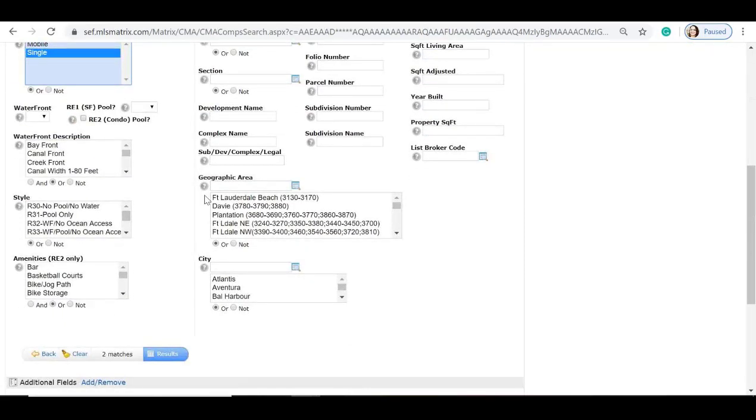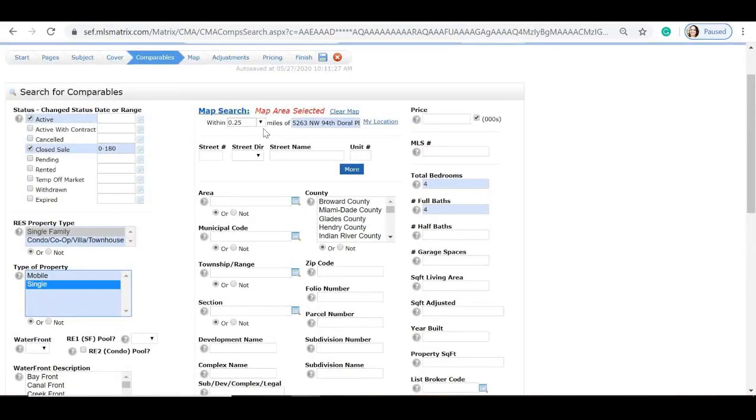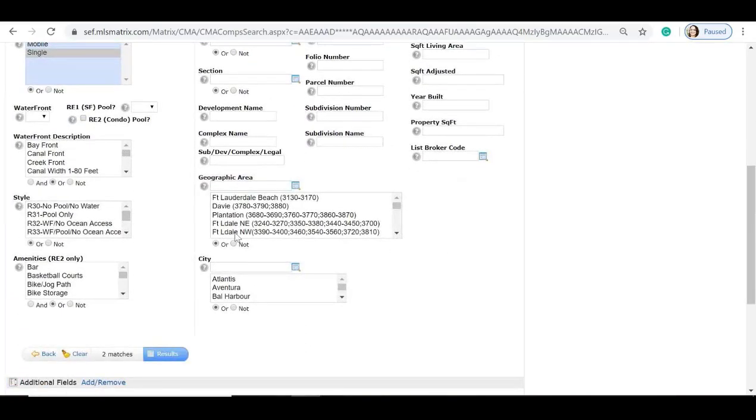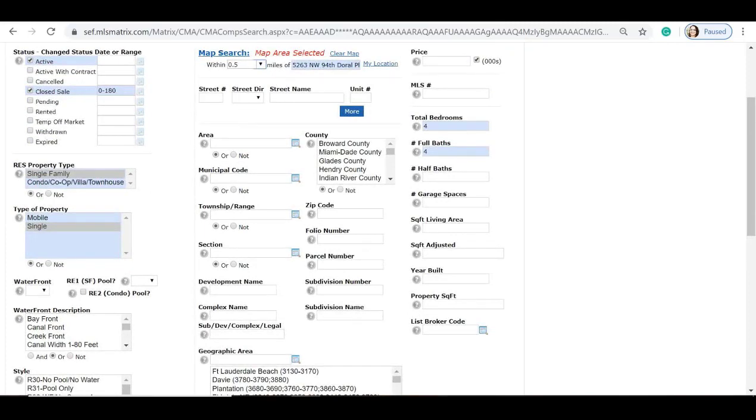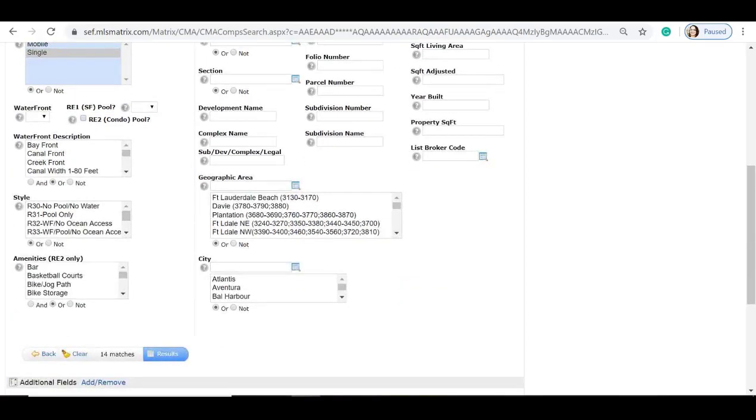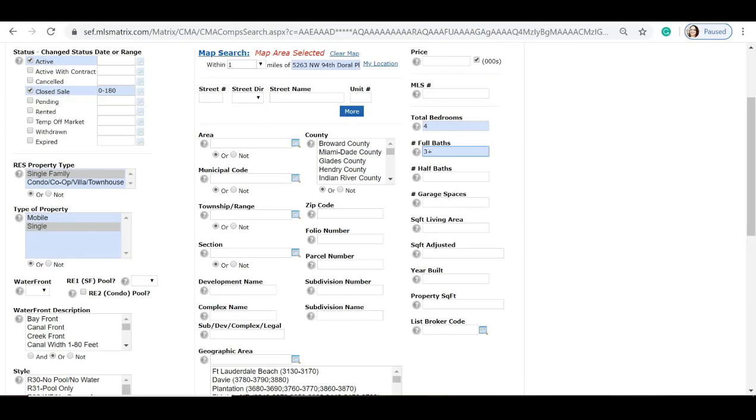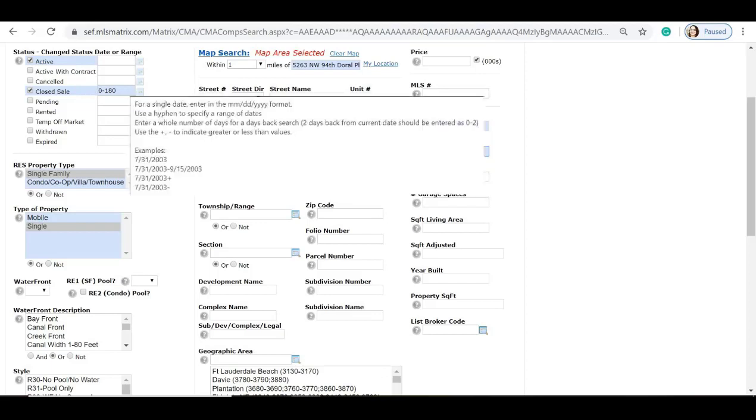I have 2 matches. It's not enough for me to be able to do a comparable, so I'm going to go from 1/4 mile to 1/2 mile and see my results. Still 2. I'm going to expand into 1 mile, and I'm going to update my baths to do 3 or more, and then see what I have. I have 14. So I have 14 properties that are more or less 4 bedrooms, more than 3 bathrooms, active closed sales in the last